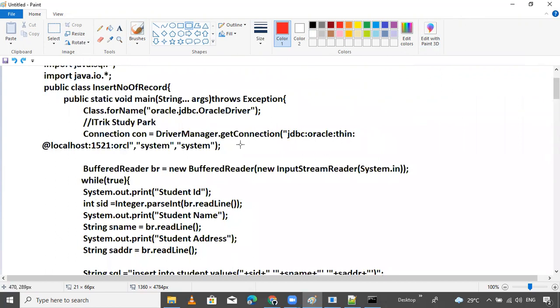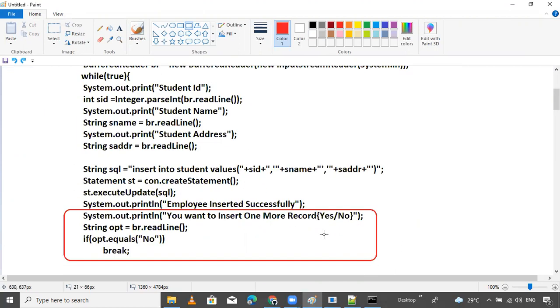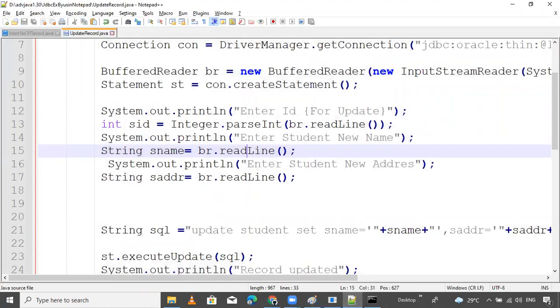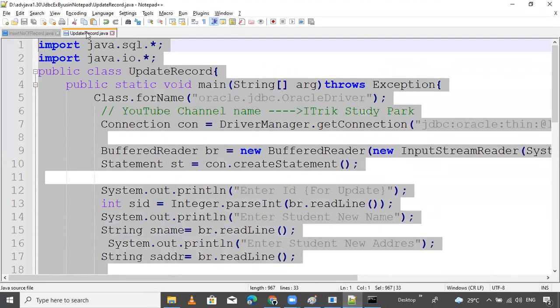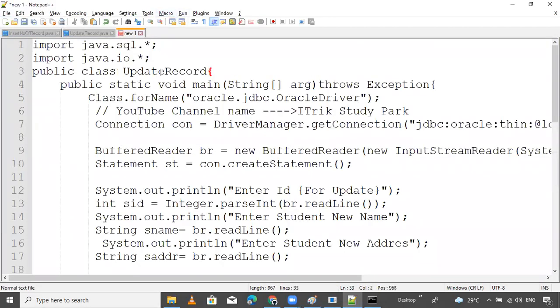It's time to wind up this session. Our examples were completed last session. We discussed two examples: creating a table, inserting a record and deleting a record. We want to delete the record dynamically, simply ask the ID and provide that ID. If you want, I will show you the same example. One minute, wait. Control C. Delete the record dynamically. Control V.